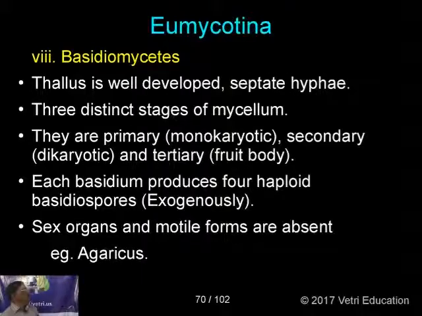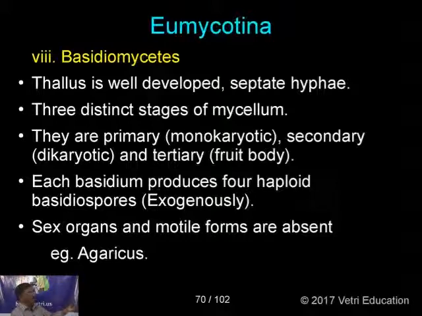The next class is the Basidiomycetes. The thallus is well developed, with septate hyphae. Three distinct stages of mycelia are found in this. As soon as the basidiospore develops and gives a primary mycelium, having single nucleated cells, it is called monokaryotic mycelium, and after the fusion it becomes secondary mycelium. There you can find dikaryotic cells, and after the formation of the fruit body, there you can find the tertiary